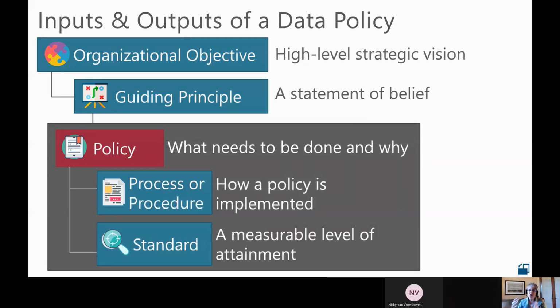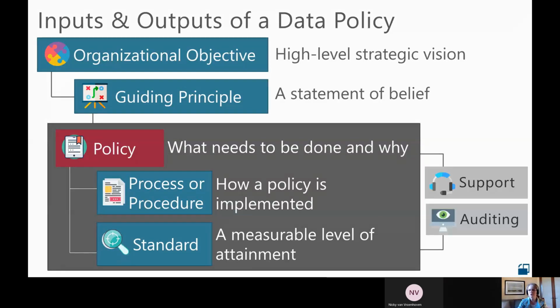Associated with policies are things like processes, procedures, standards, right? A process would just be, how are we implementing the policy? A standard is, how are we measuring it? And all of these things need to be supportable and auditable.